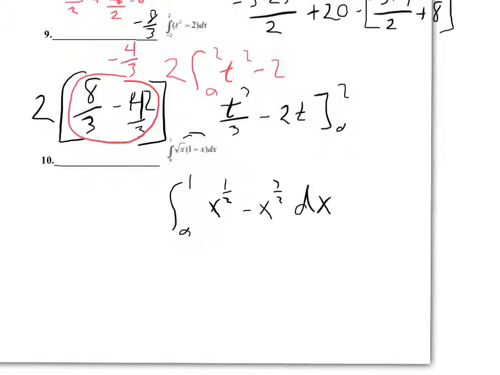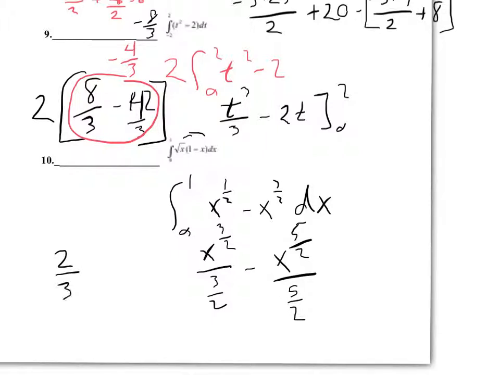Okay, add 1 to the powers. I should end up with x to the 3/2 over 3/2 minus x to the 5/2 over 5/2. Flip the fractions over. 2/3 x to the 3/2 minus 2/5 x to the 5/2,